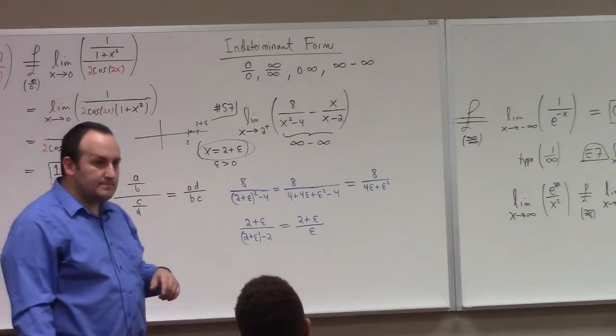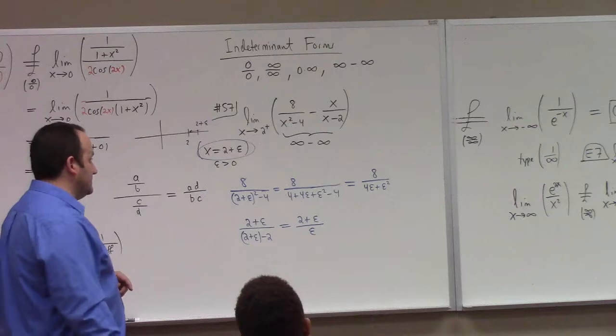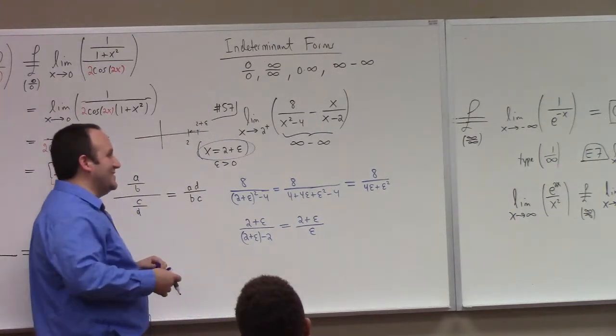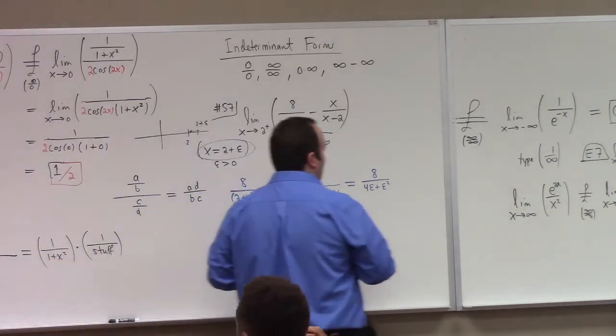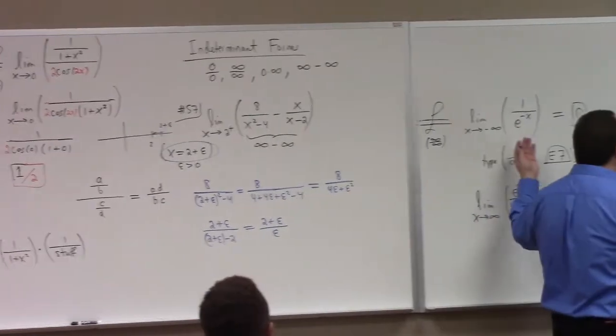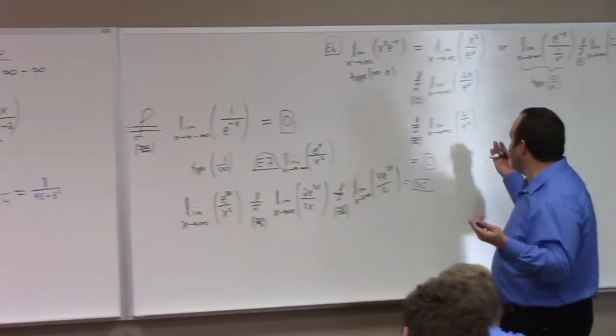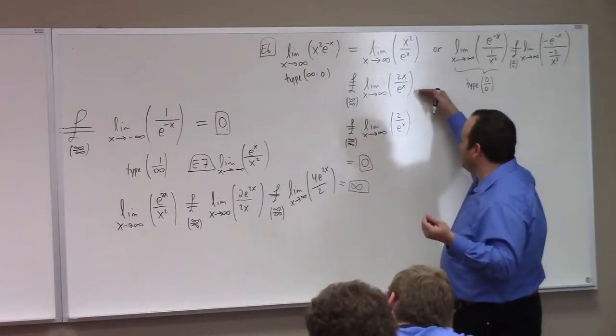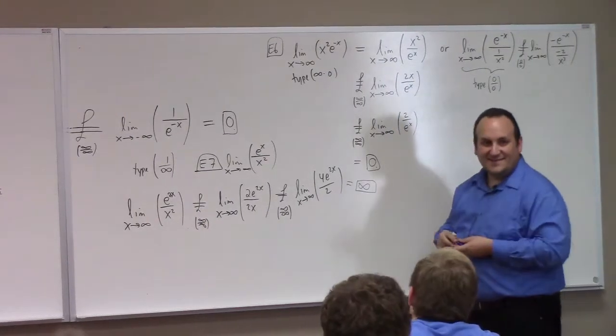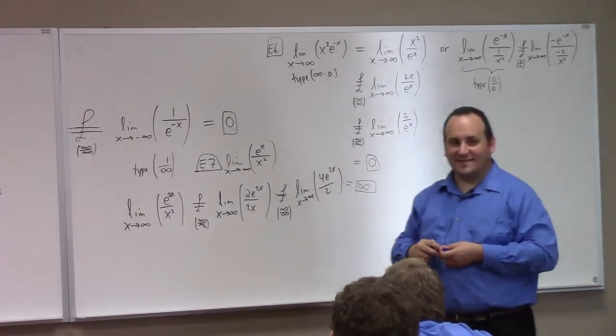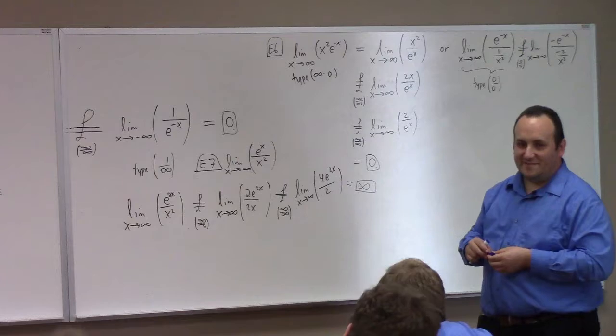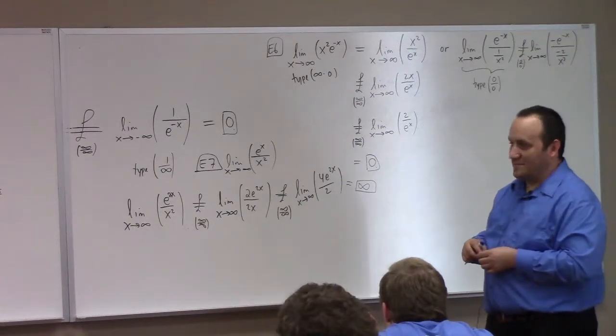Yep. Professor told me that some infinities are bigger than others. What does that mean? Well, all these are illustrations of that. Apparently e to the x is a bigger infinity than x. Yeah, these kinds of comments should be taken with a grain of salt. I'm not sure what they mean, but